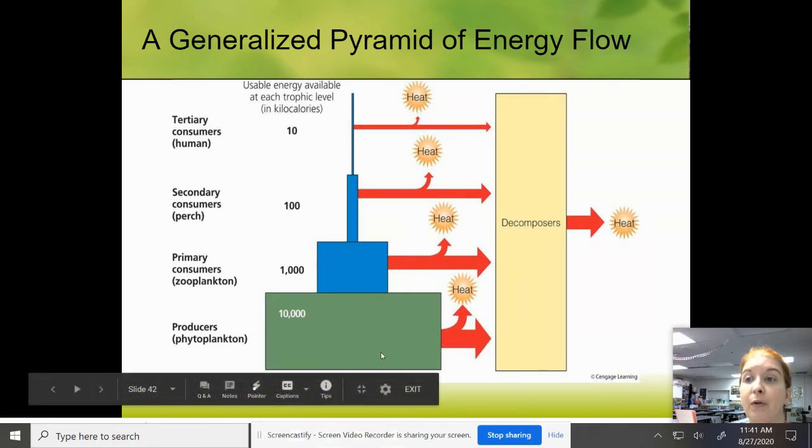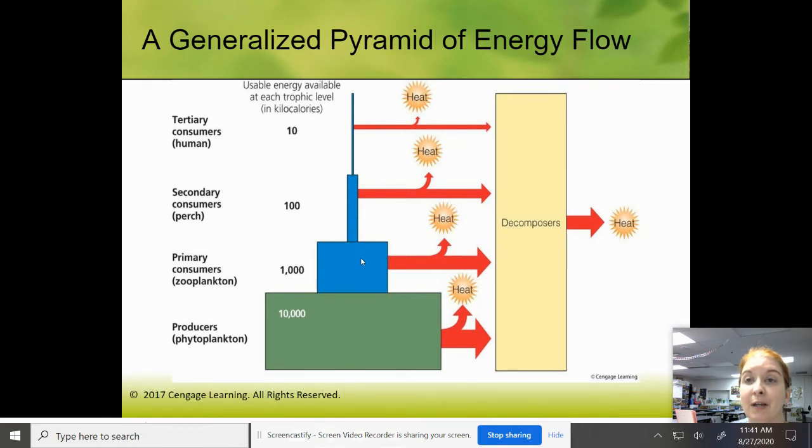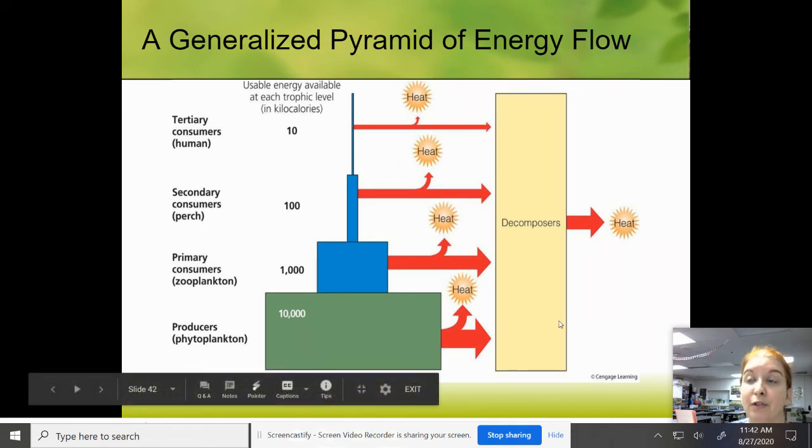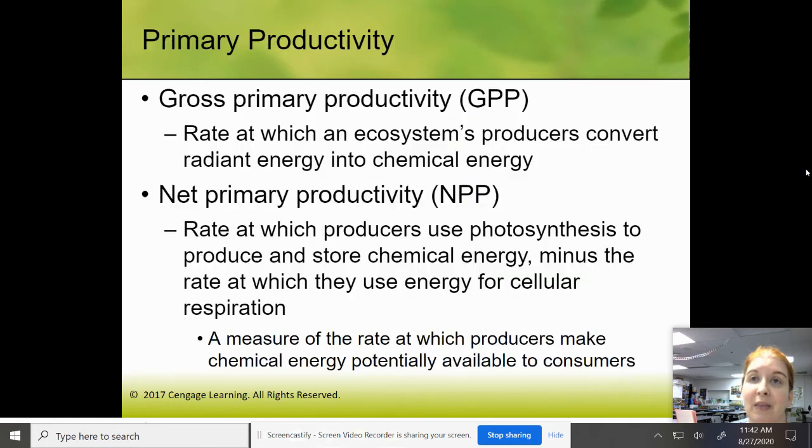Energy flow: most of the energy, once again, is in your producers. Then your primary consumers have 10% of that. Your secondary consumers have 10% of that. And your tertiary consumers have 10% of that. You can't go too much further than tertiary because so much energy is being lost. There's not much left by the time you get up there. So we usually stop at tertiary. Sometimes we have a quaternary, but usually tertiary is where we stop. Once again, decomposers break down everything because they always win, and heat is being given off everywhere. Just remember all that spilled rice from the activity last week.